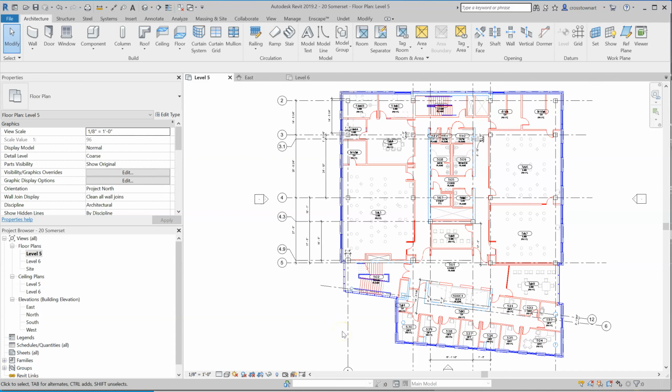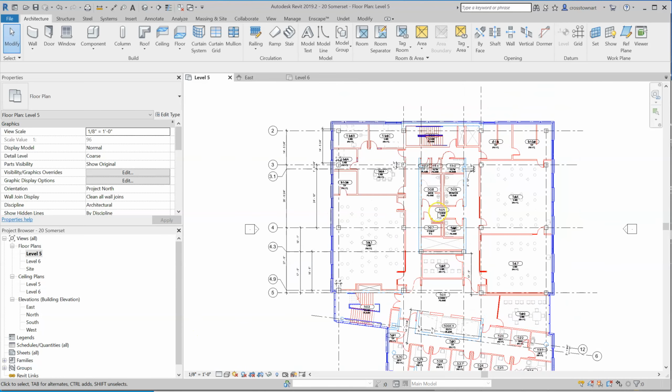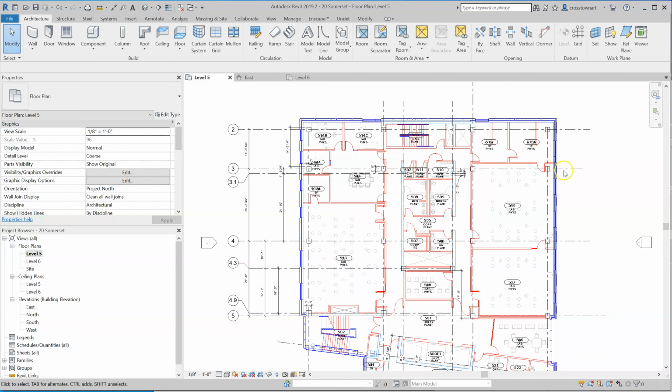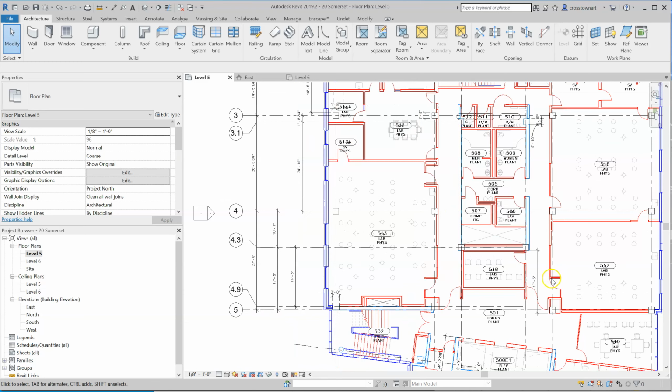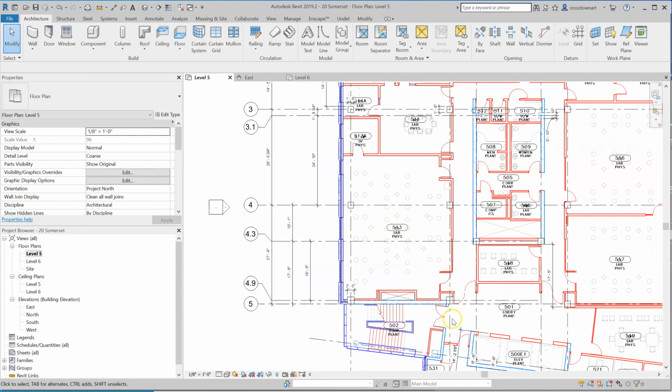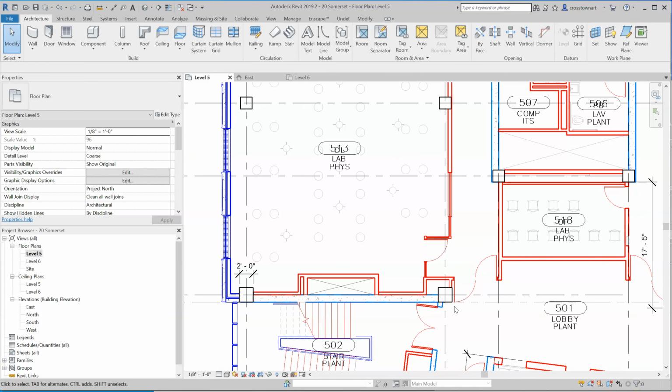I've made this lesson 2. We're looking at the 5th floor Somerset building, and when we started looking at the grid, we noticed that there were discrepancies in column alignments. In fact, this drawing is correct, and there's some very slight changes in the column sizes, architectural column sizes, and their position. And we learned that from studying,